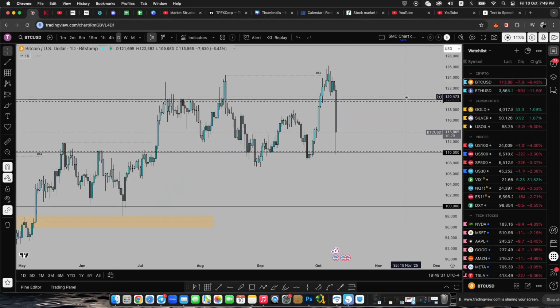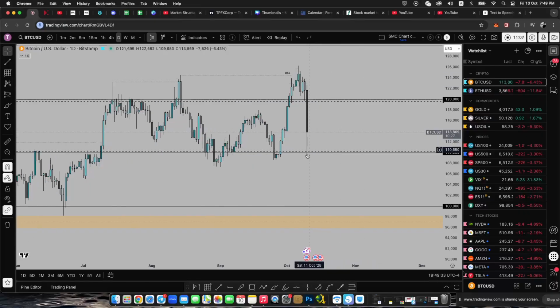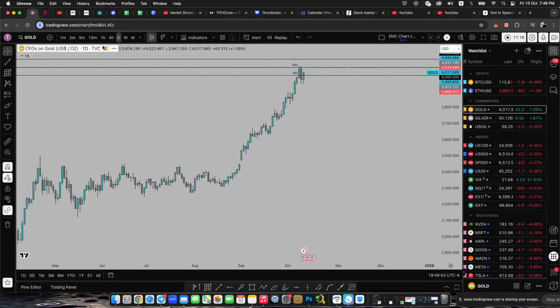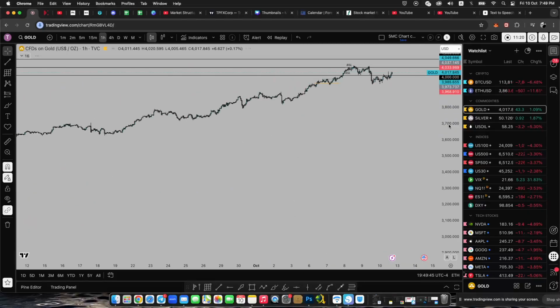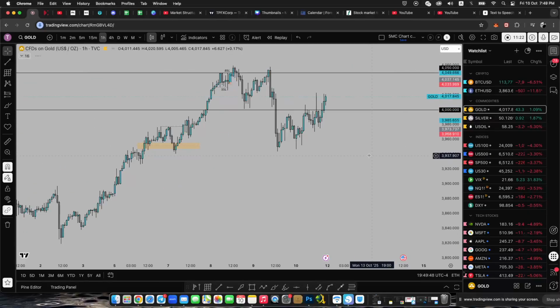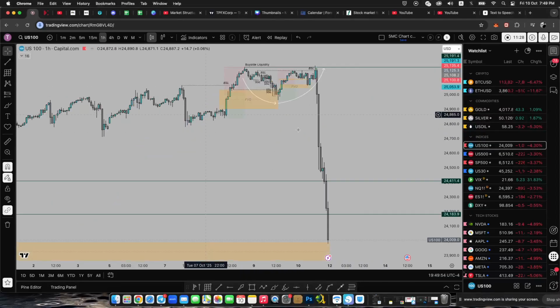The same with Bitcoin. Bitcoin actually crashed really hard with that as well, hitting the 110. So massive. Ethereum, everything dropped. Gold is the one that is just still flying. You know, it's alone at the top. It's actually getting back up. It dropped, but this was on Thursday, but now it's correcting. But anyways, crazy with the news.